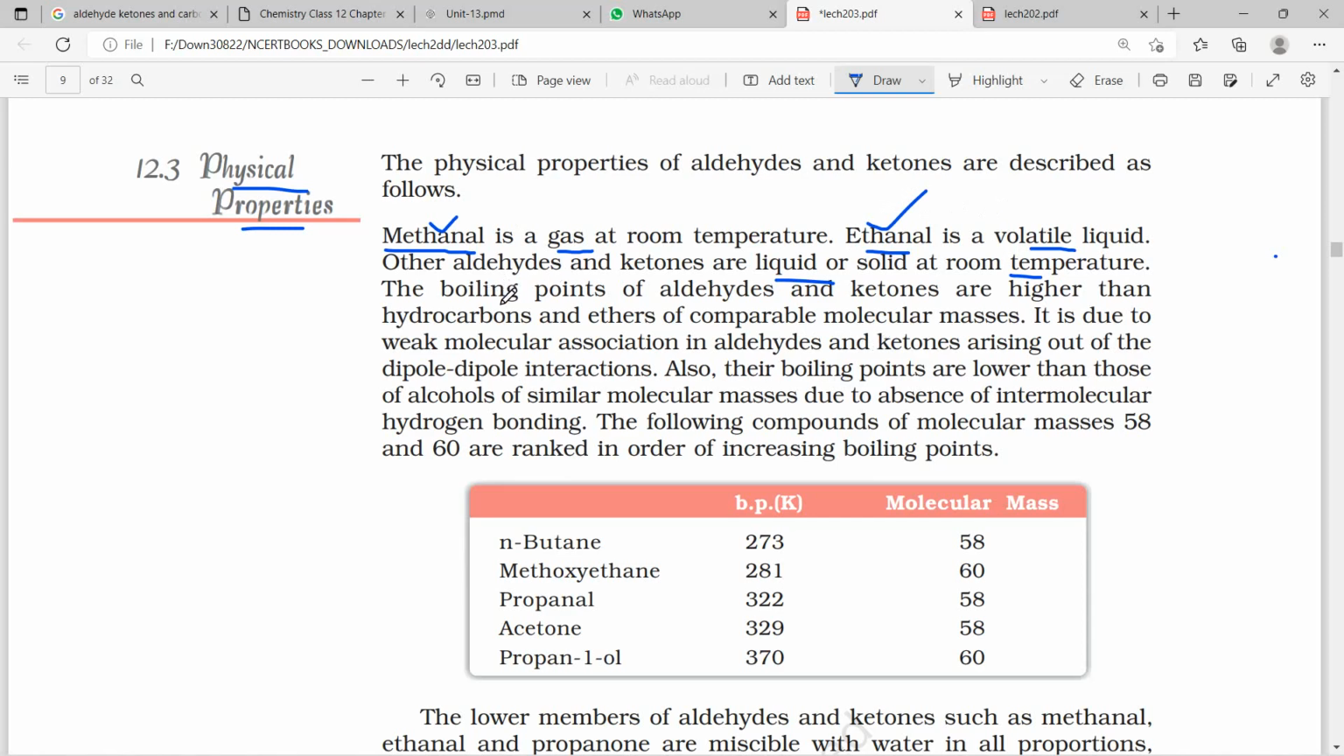As per the boiling points, the boiling points of aldehydes and ketones are higher than the corresponding hydrocarbons and ethers of comparable molecular mass. This is an important question. They will give two things, one aldehyde or ketone and one ether, and ask you to compare the boiling points and justify. For example, if they give diethyl ether and another compound of almost equal molecular mass, why does the ether have a lower boiling point than the corresponding aldehyde? That's the question. The reason is